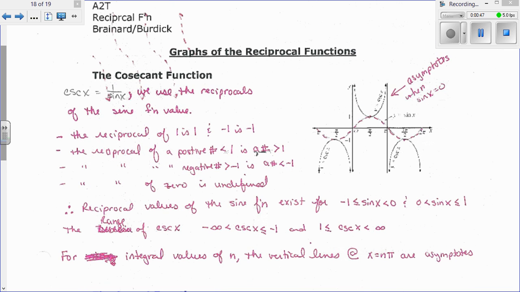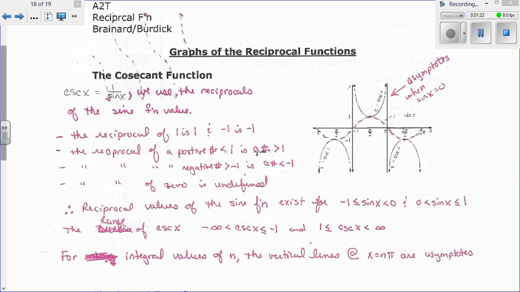And the first one we're going to start out with is the cosecant function. Cosecant is equal to 1 over sine. So that means we use the reciprocals of all the sine function values to graph our cosecant. Some things you need to remember: the reciprocal of 1 is 1, and the reciprocal of -1 is -1. So those values don't change. That means the sine function and the cosecant function are going to touch when sine is 1 and